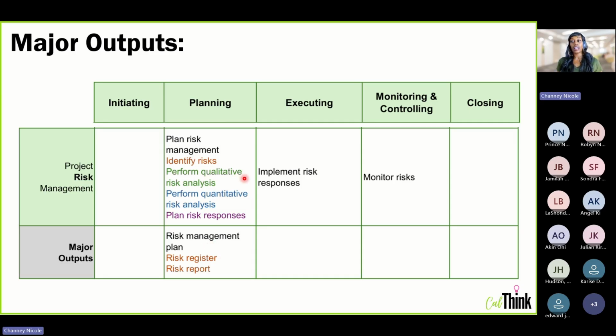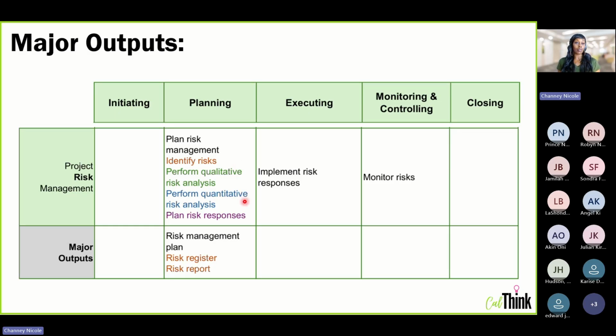One note that I want to add here is I get a lot of PMP students that get confused by the different analysis processes in risk. Qualitative means that you're qualifying the risks, right? You're ranking the risks. So after you've identified all of the risks on the project, all of the potential mishaps that could happen, now you have this big long list of risks. Well, we need to know which ones are the most important and which ones are the most impactful. That's what perform qualitative risk analysis is going to help you get. It's going to help you rank your risks from highest probability to least probability, highest impact to least impact, and